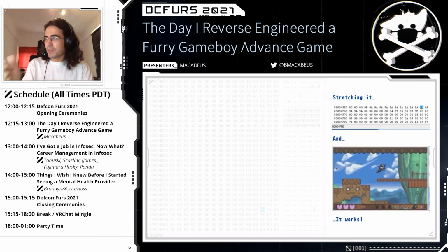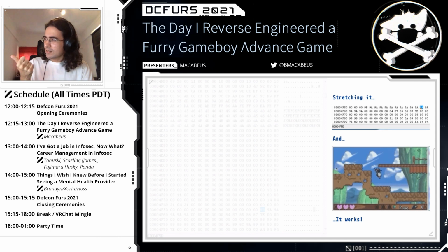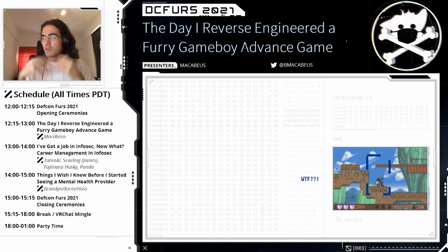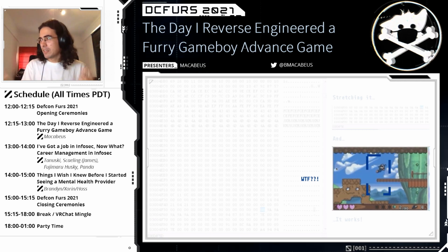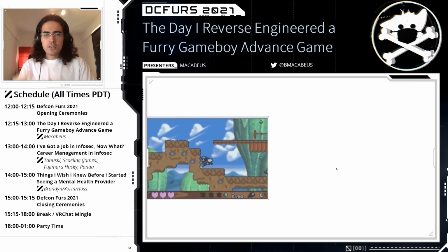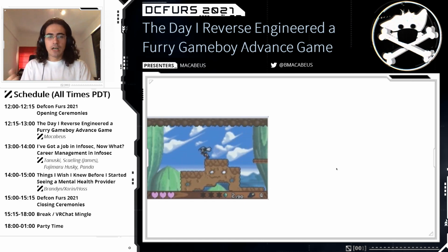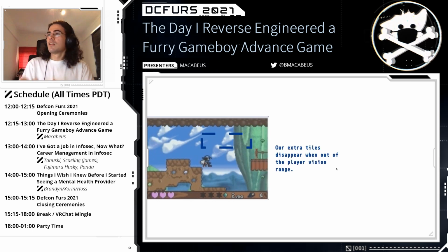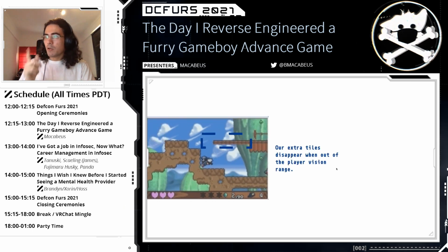Yes, it's working. It's not disappearing anymore. But you can see the extra tiles. It doesn't disappear anymore when you run 1, 2, 10 frames, but you can't stand on it. Why? Doing a very simple test, okay. Again, walk to another part of the level, we can notice that your extra tile disappears when out of the